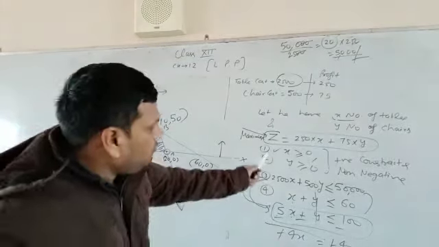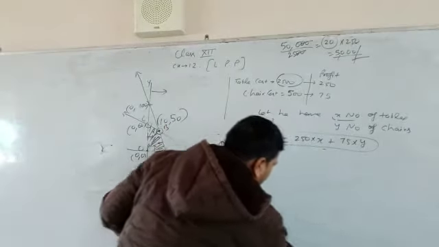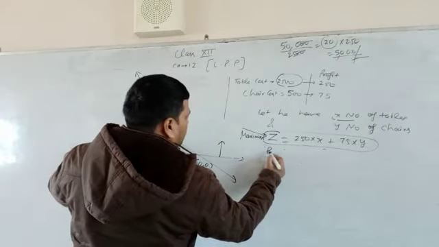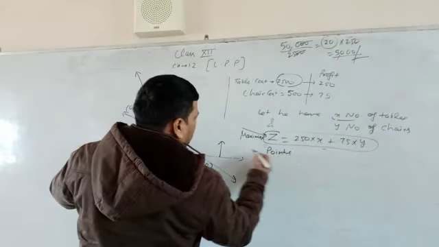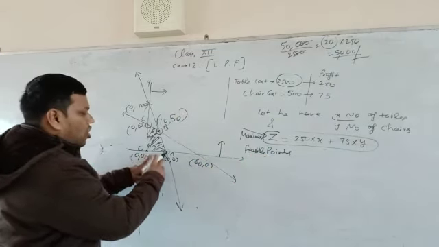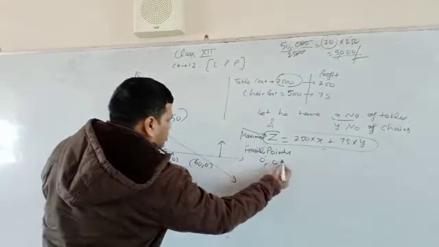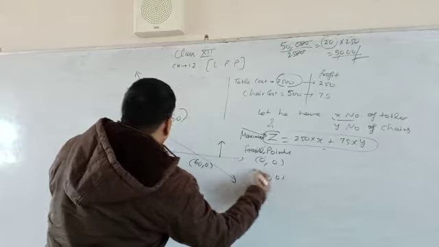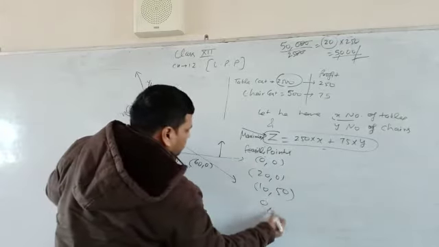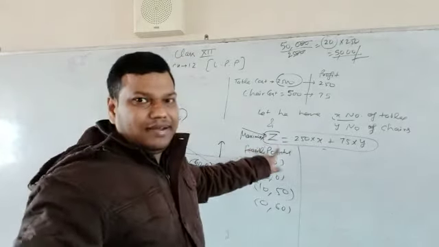Also, now you have to find out this z. You can pause your video and write this so that I have the solutions. What are the feasible points? These points are known as feasible points, which can also be called the corner points. That is 0, 0, that is 20, 0, and that is 10, 50, and that is 0, 60. These are the points. Now you have to find out the z, right?